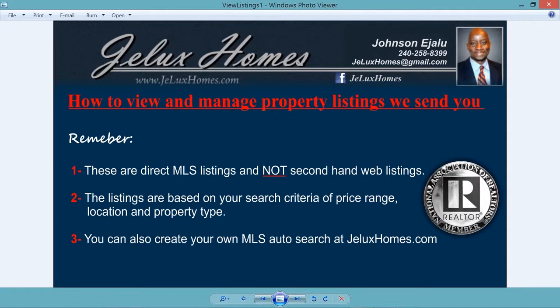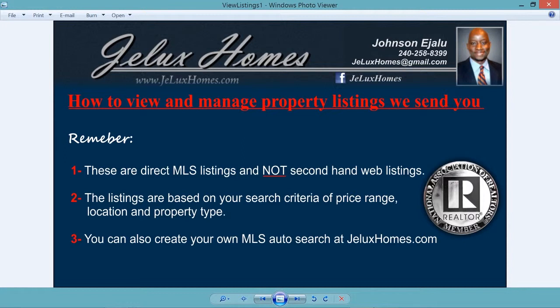Again, I don't mean to pick on Zillow, but as an example, you call your agent and your agent tells you the listing has been sold and you don't understand why and you're frustrated. That's because the data they get from the county record sometimes takes a while to be updated, as opposed to MLS listings, which are updated directly by real estate professionals. We're actually required to update it,